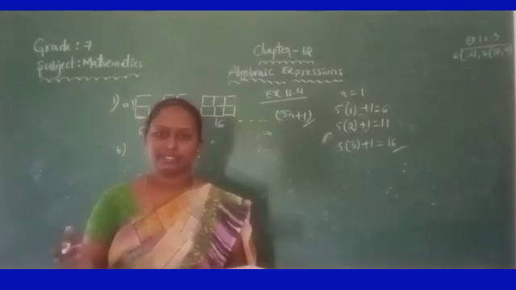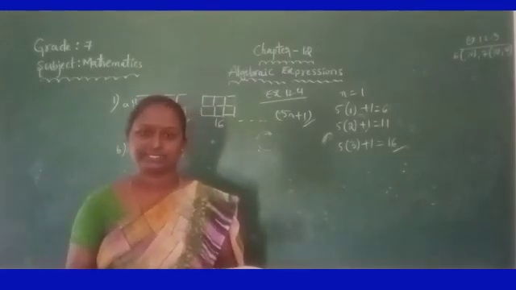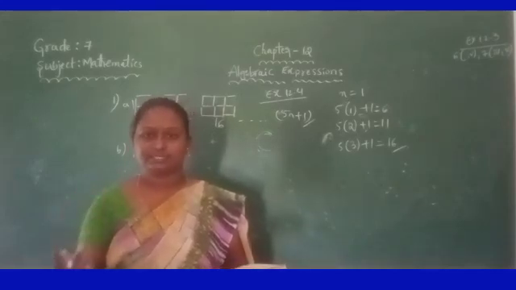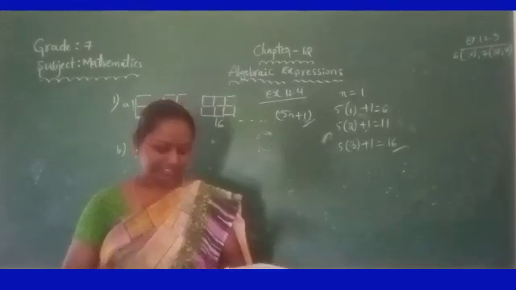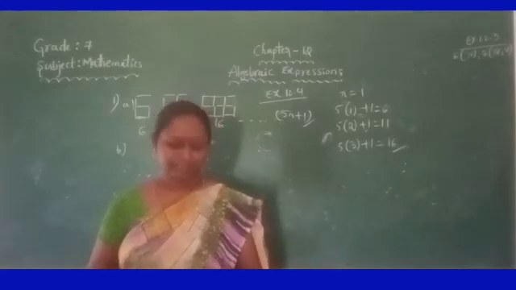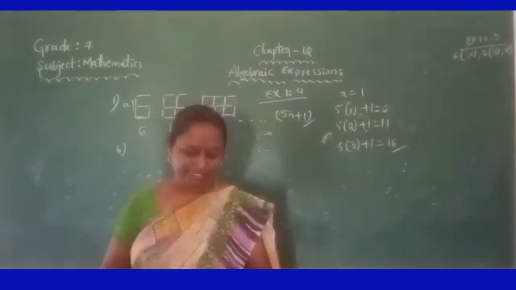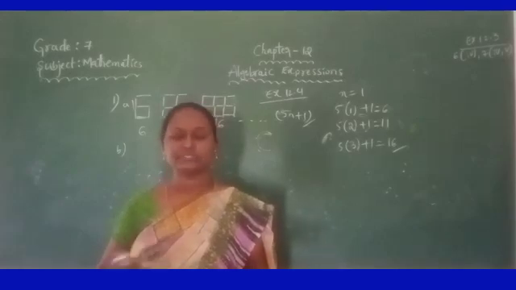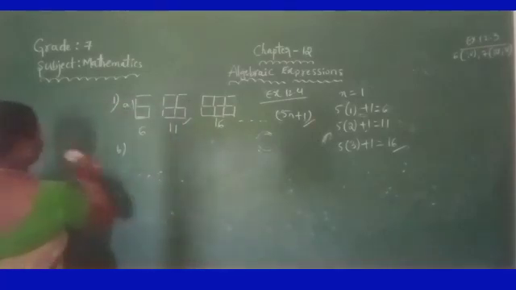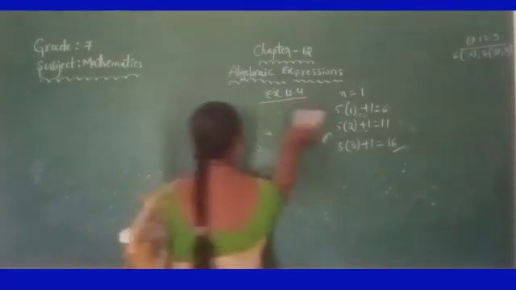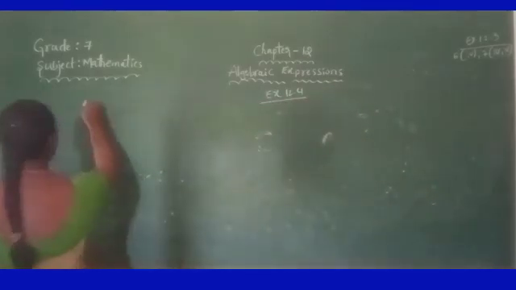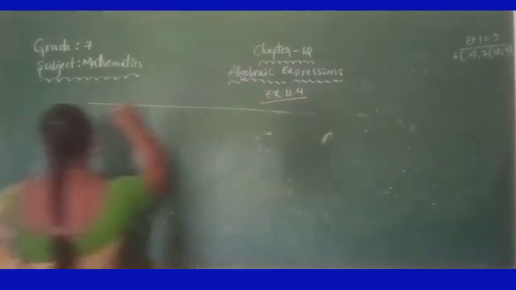If you take 5 digits, how many line segments are required? Next 10 digits, how many line segments? Next 100, like that. So we have to find the number of line segments for 5, 10, 100 of the 6, 4, 8 digits. For that we prepare one table and find the number of line segments required for 6, 4, 8. Okay, children? Now draw the table.